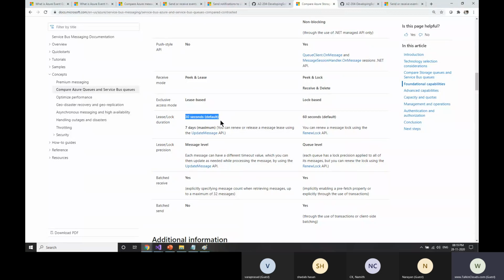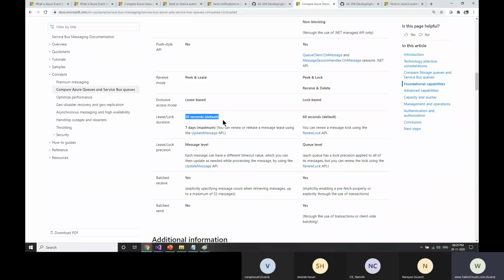Suppose you are reading a message in the queue. When you start reading that message, by default the queue will put a lock on that particular message, so that other applications will not be able to read it for that time. Here you have a default of 30 seconds, and here a default of 60 seconds.